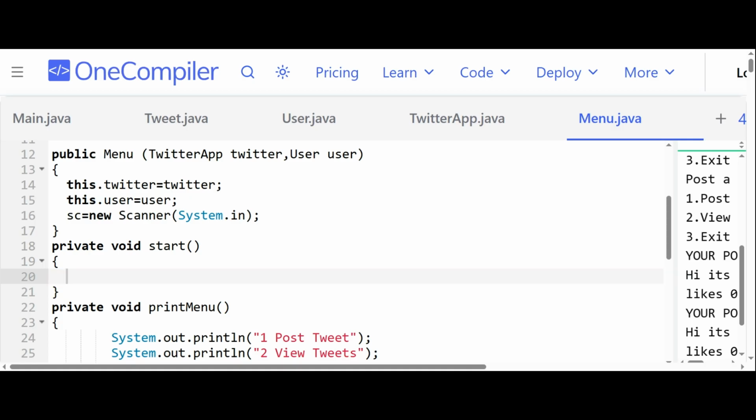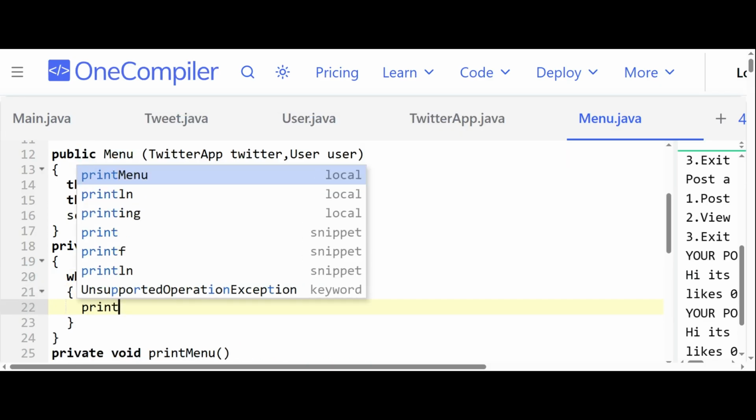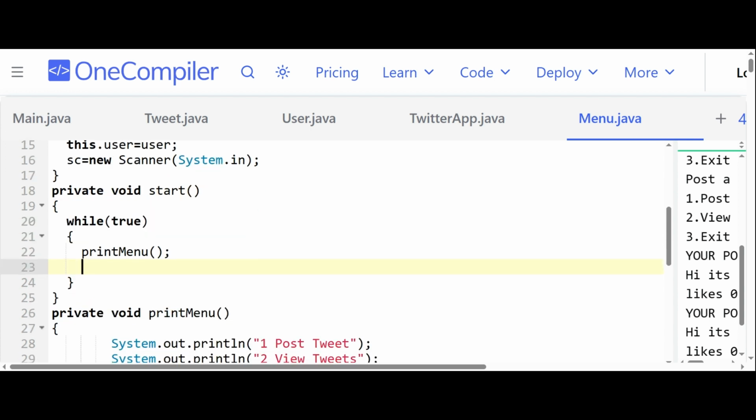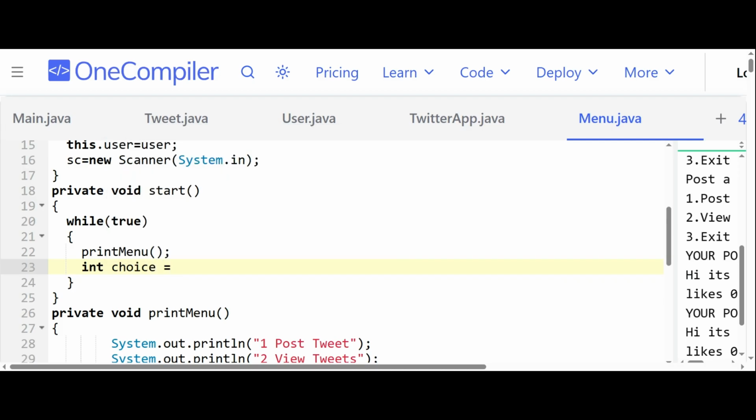Right now I'm going to start the menu. So while true, I want you to print the menu first so that the user can see what the options are, and then I want the user to select a choice. Based on the choices, I'll be calling the methods. So int choice equal to